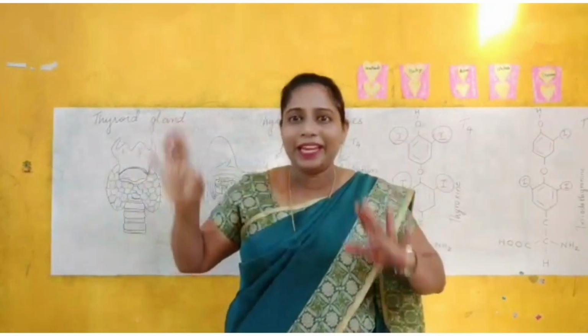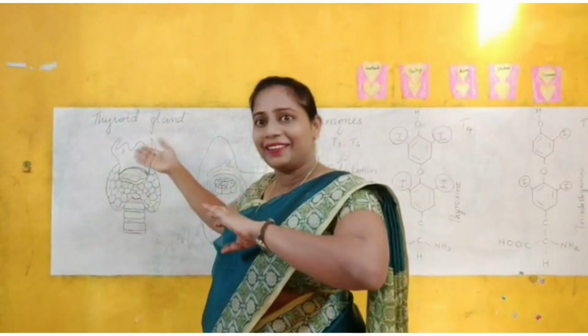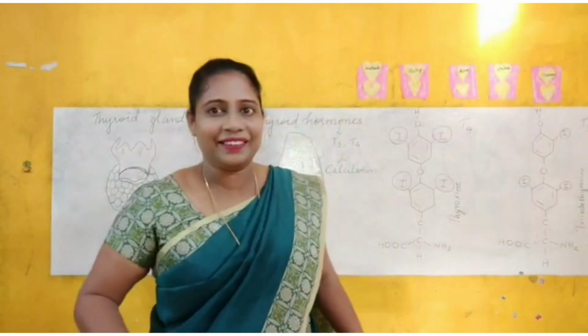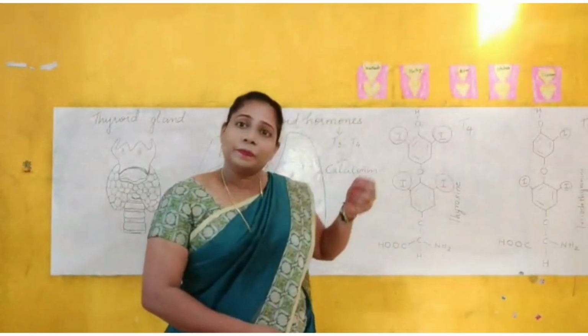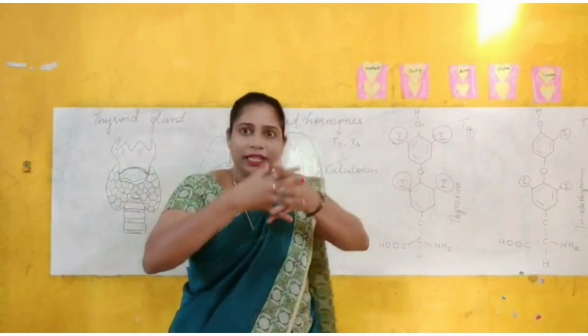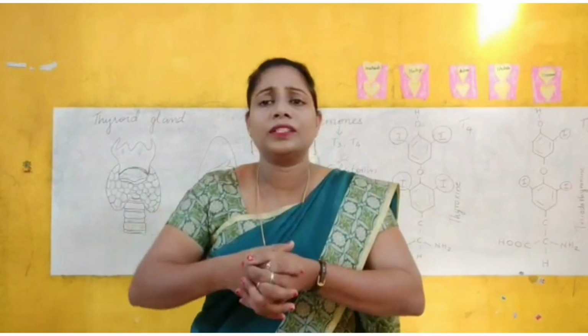These parathyroid glands are also embedded here, on the other side of your thyroid gland. We will discuss about parathyroid in the next class. They produce parathormone, and calcitonin and parathormone together are maintaining the homeostasis of